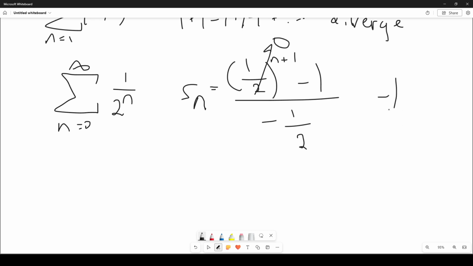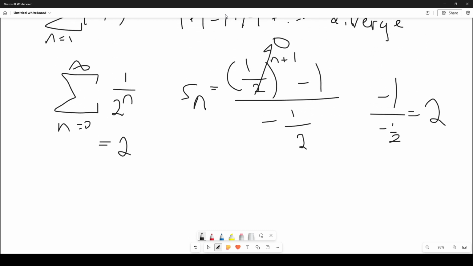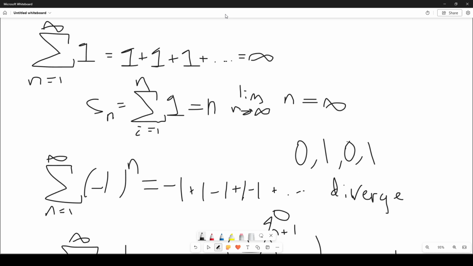So we're going to get negative 1 over negative 1/2, which equals 2. So we've shown that this sum converges to 2. Okay? So this one converges. Something you might have noticed when looking at these examples is, what was the limit of